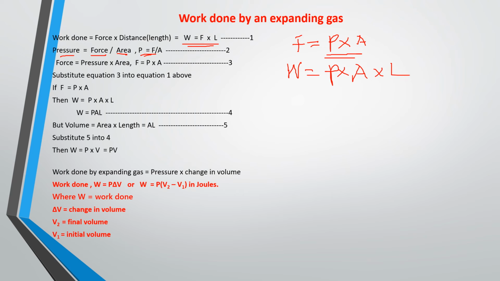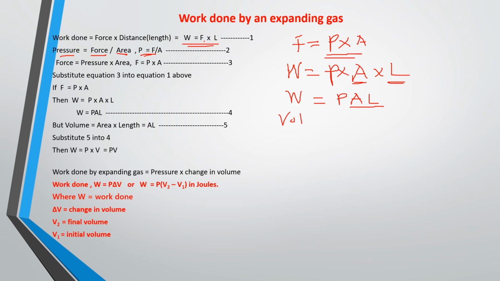So you can see that we are substituting pressure times area into the position of force in that particular equation. Okay, so what we want to consider now is this area and length. So from here we say that work done is equal to P A L. So as I said, we want to consider this. Now we know that